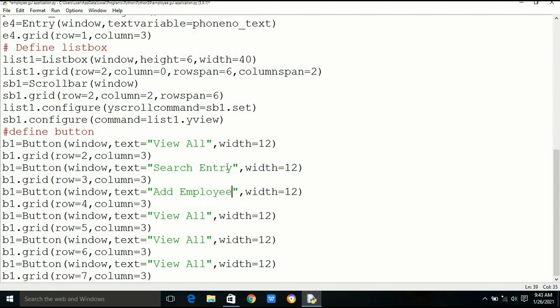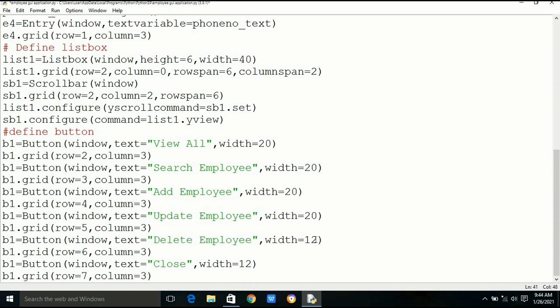The column number will be same for all buttons, because we want to place the buttons one below the other, but we are increasing the row numbers so that the buttons will remain one below the other.